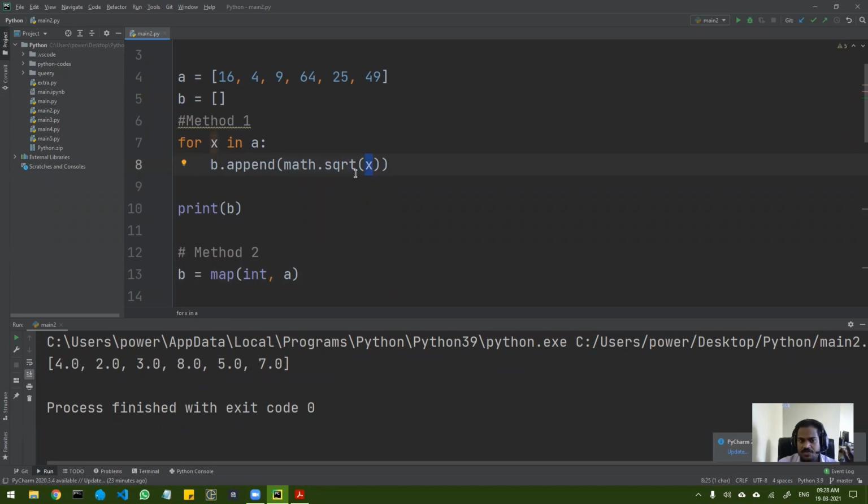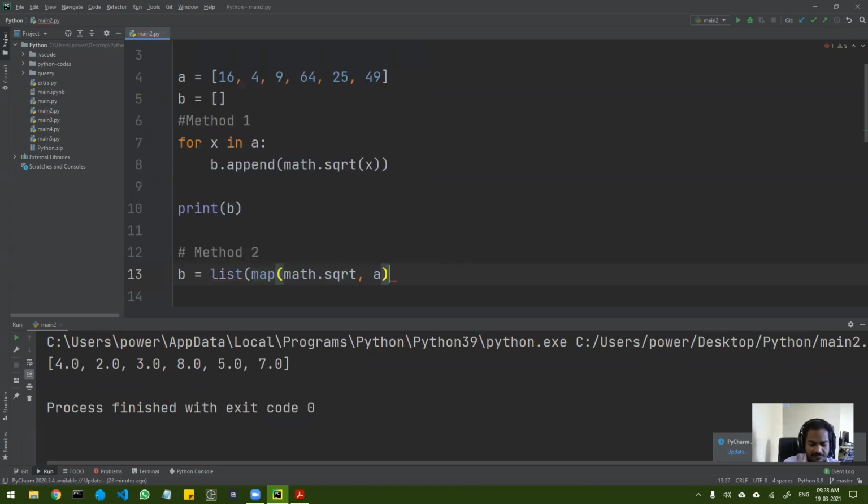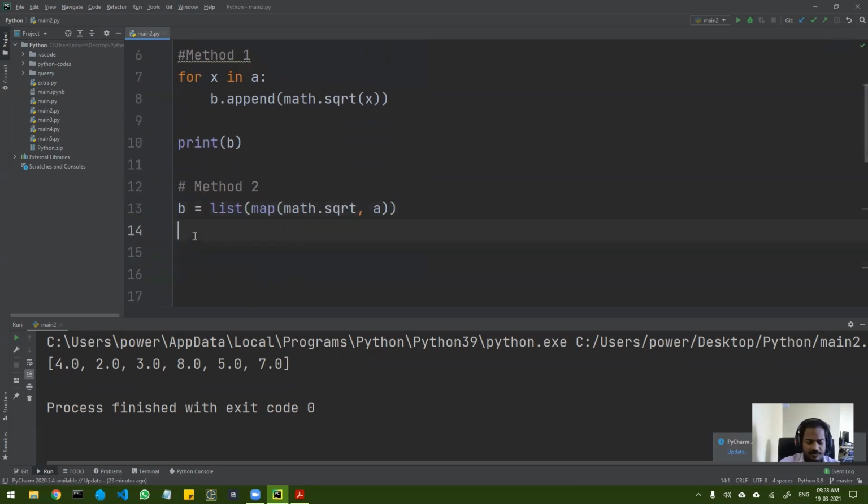Only one. Okay, so in that way, I can directly copy this, and instead of int I can paste this. One thing to remember, in a math function you never put the round brackets. Brackets की जरूरत नहीं है. So this is how you can do it. ये हो गया, राइट। अभी ये जो आपको आउटपुट मिलेगा वो एक मैप ऑब्जेक्ट मिलेगा, बट वो नहीं चाहिए अपने को, लिस्ट चाहिए करना पड़ेगा। तो इसको लिस्ट बना दिया।